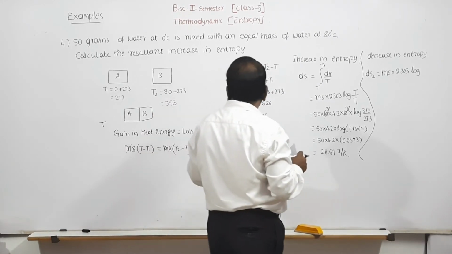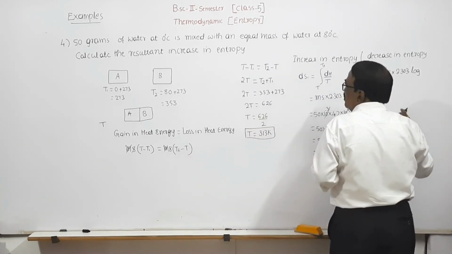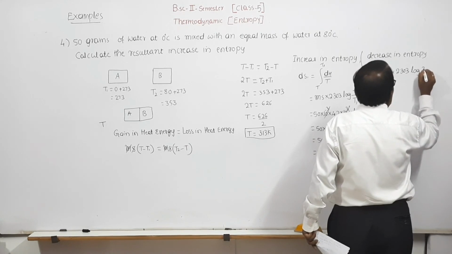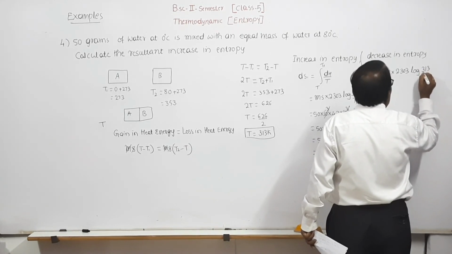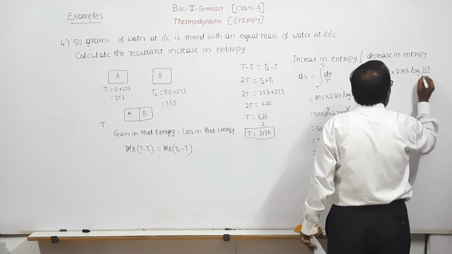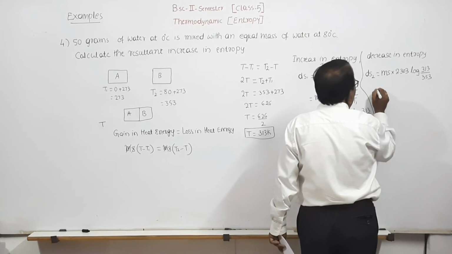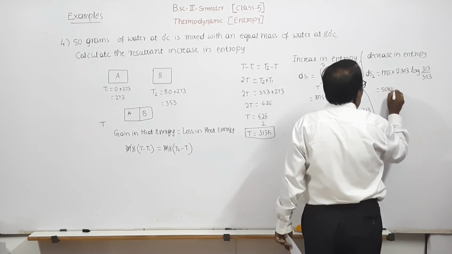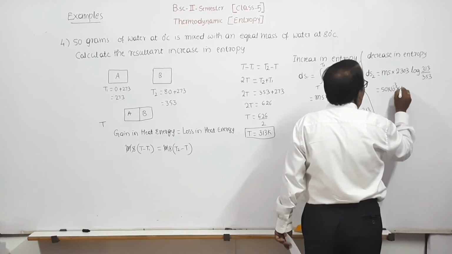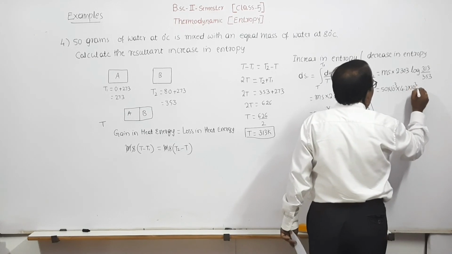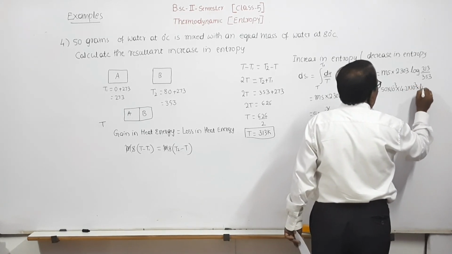T by T2 is, T is your 313 divided by 353. And this is 50 into 10 raised to minus 3 into 4.2 into 10 raised to 3 into log of